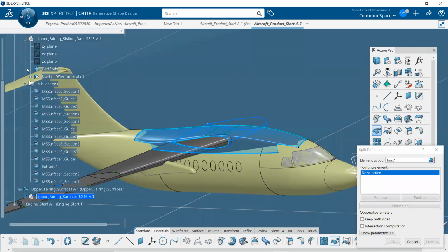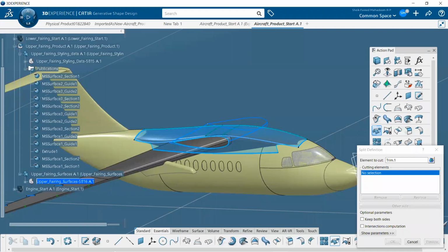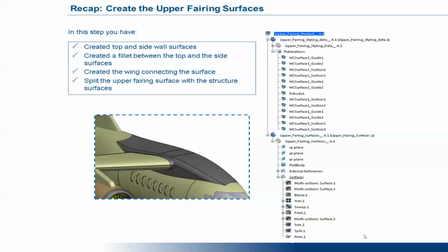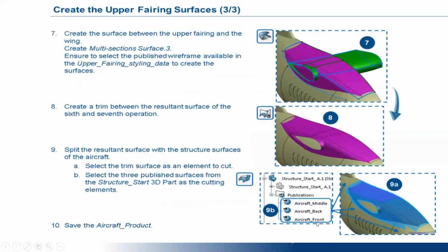Once after completing this one, we have to split this component with the structure option. In the structure, there will be the front, back and middle surfaces of the aircraft. We have to get into that.